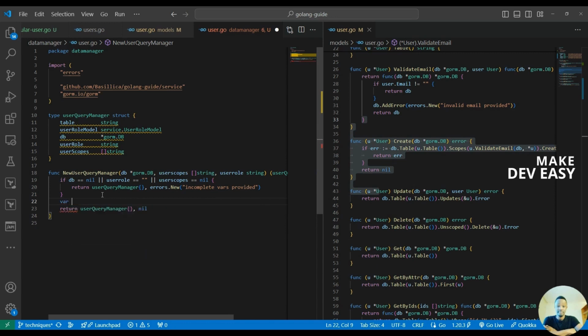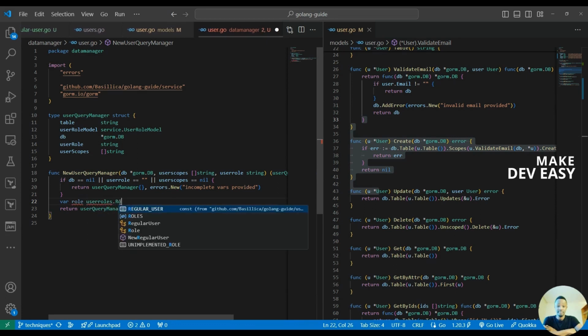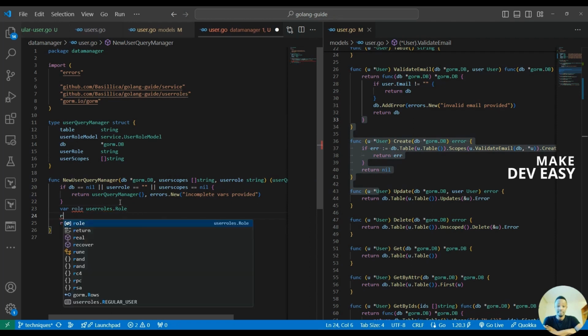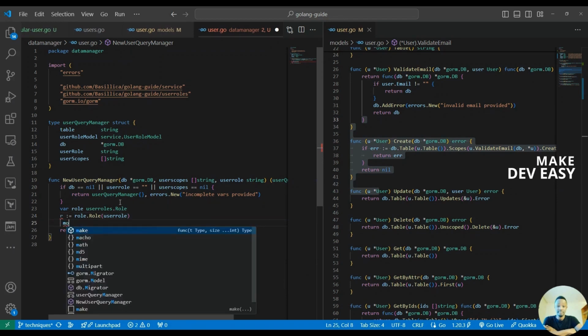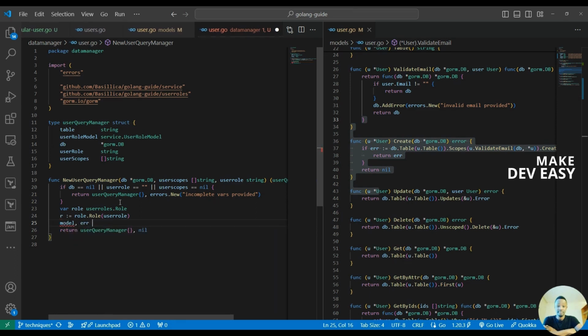So now I can define my role. So this will be from user roles, this should be from user role dot role, and now I can define my role this way because I'm trying to call row.role, and then I want to pass the user role that was provided, and from this I create my model and the possible error, and this is going to come from row.row model. So we call this function,